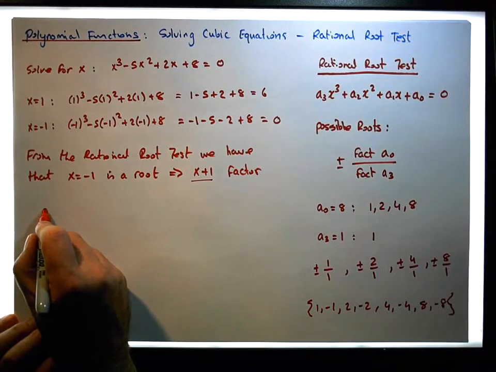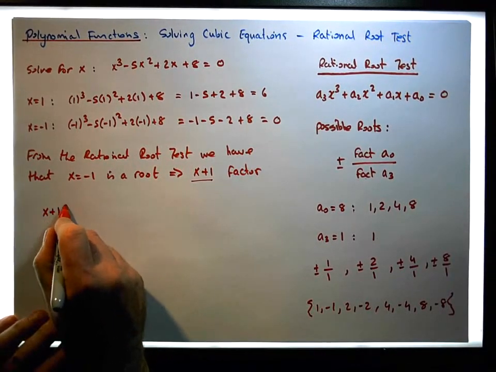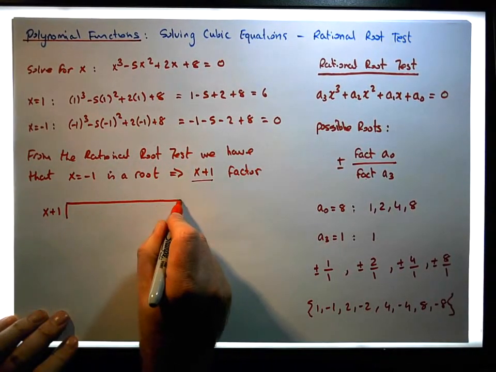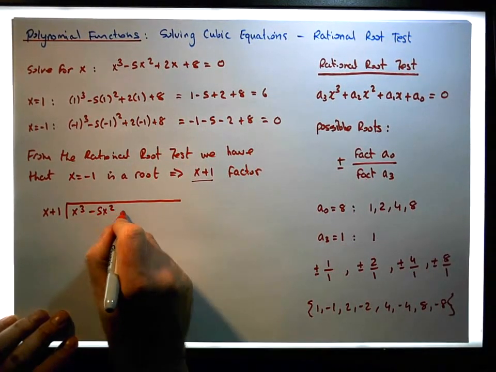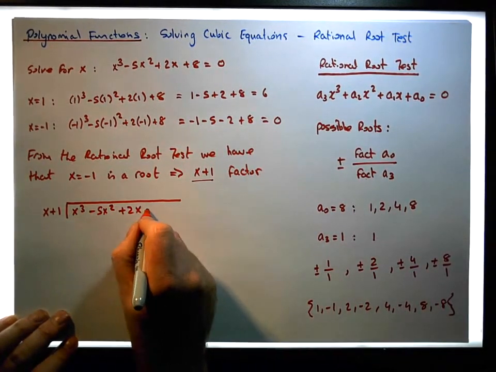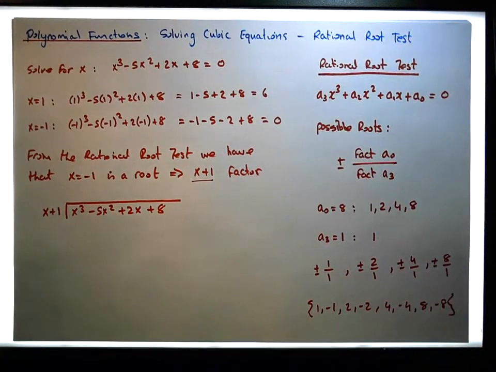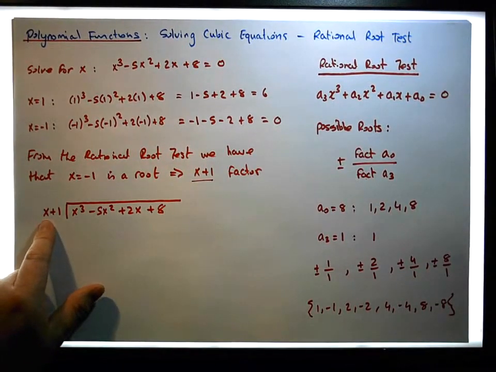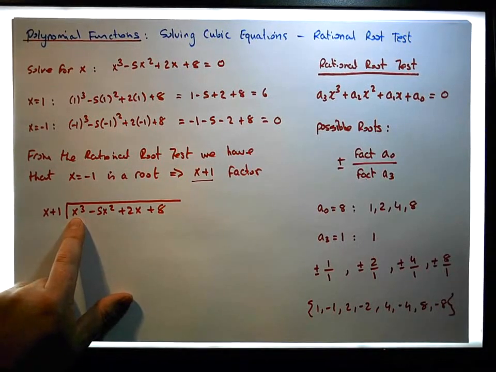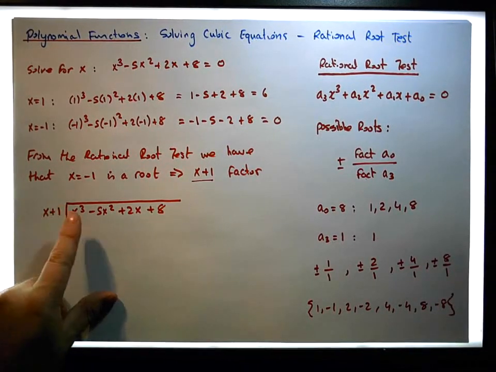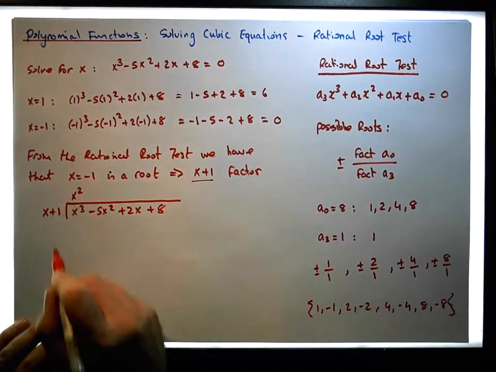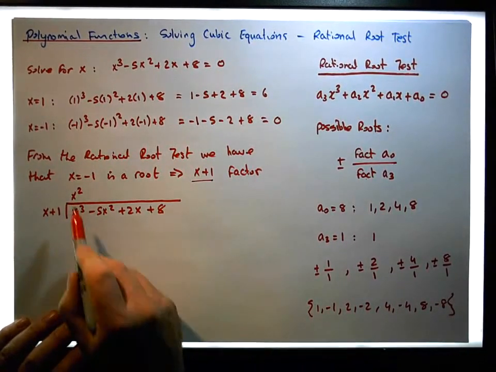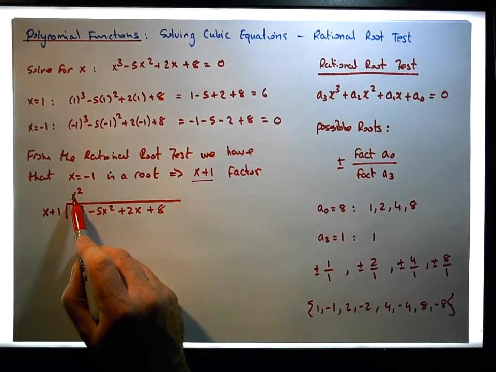So we have x plus 1 needing to be divided into the polynomial x cubed minus 5x squared plus 2x plus 8. The way we do this is we take the x term and divide it into the first term. x divided into x cubed goes x squared times, because x squared times x is x cubed. Now we take the x squared and multiply it by